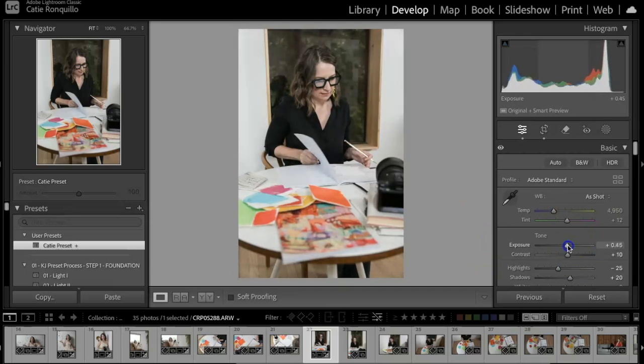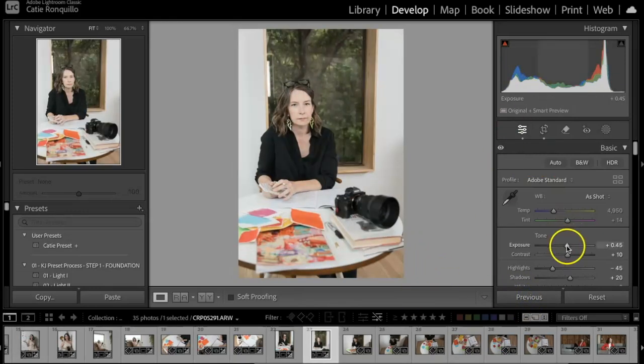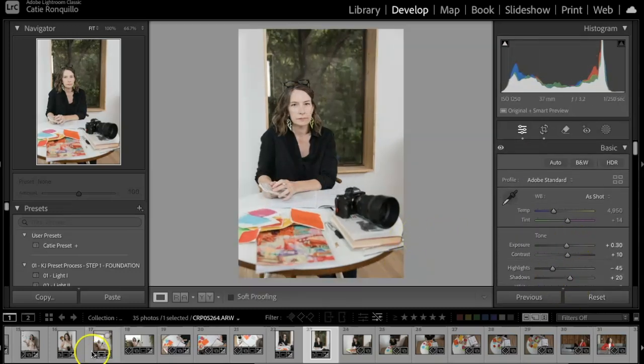I'm going to increase the exposure and lower the highlights a little bit. But for my bright style, this works. I'm going to hit previous because it's similar enough. I'm going to lower the exposure. Okay, so I'm going to lift the shadows just a little bit, bring the exposure down just a tad, and